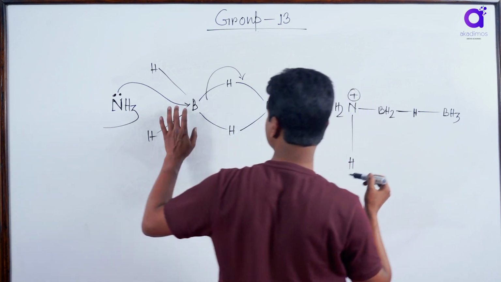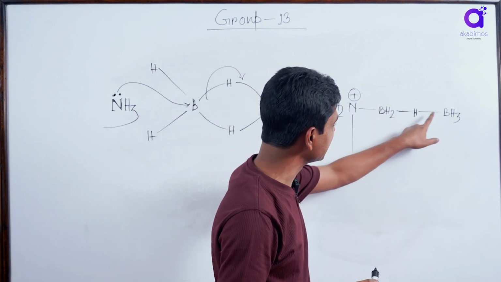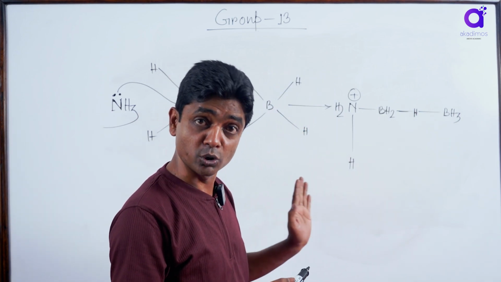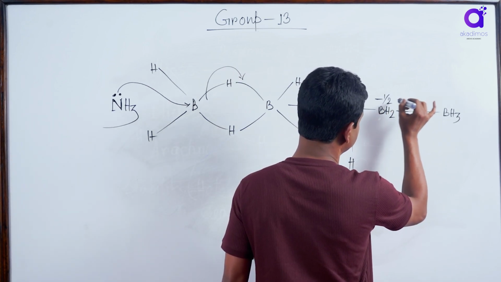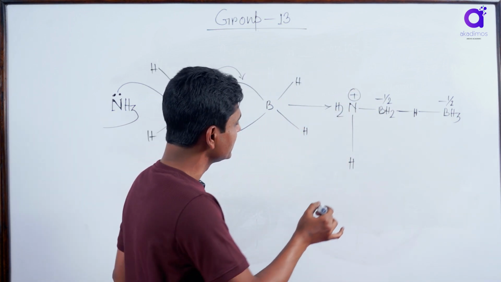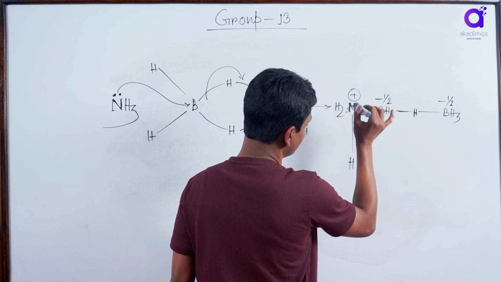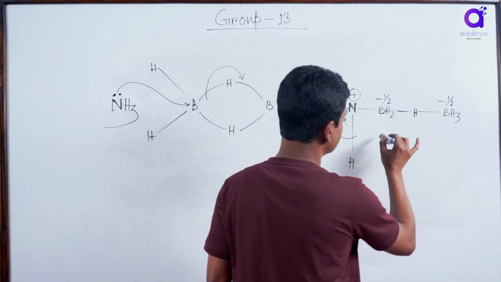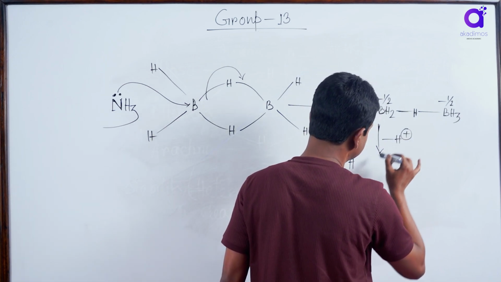And you know boron is the acceptor, so there you will get a minus charge, but remember this minus is distributed among the two borons more or less equally, not exactly. I am writing here minus half, let it be minus half, but exactly not equal. Now, you know ammonia is a weak base. To get neutralized, H plus will leave from here, H plus leaves from here, and you will get